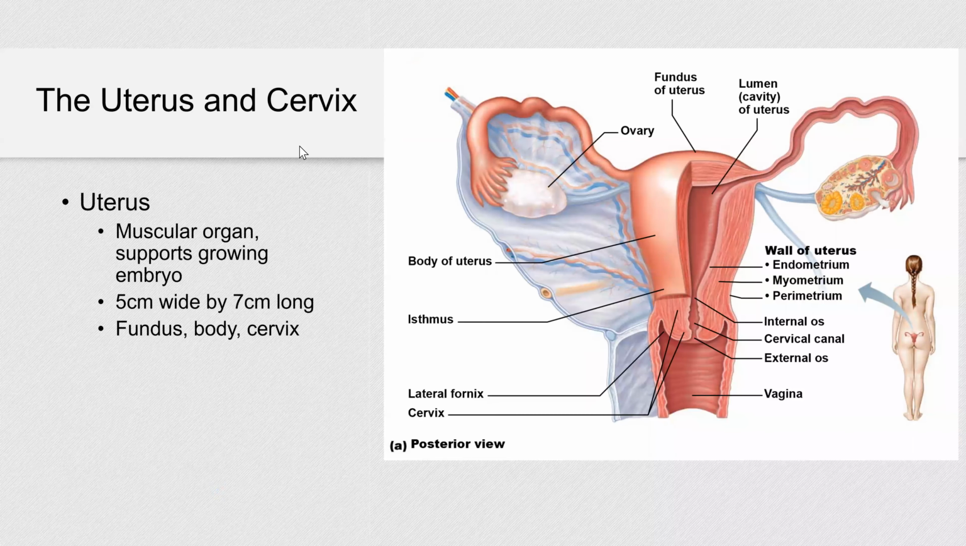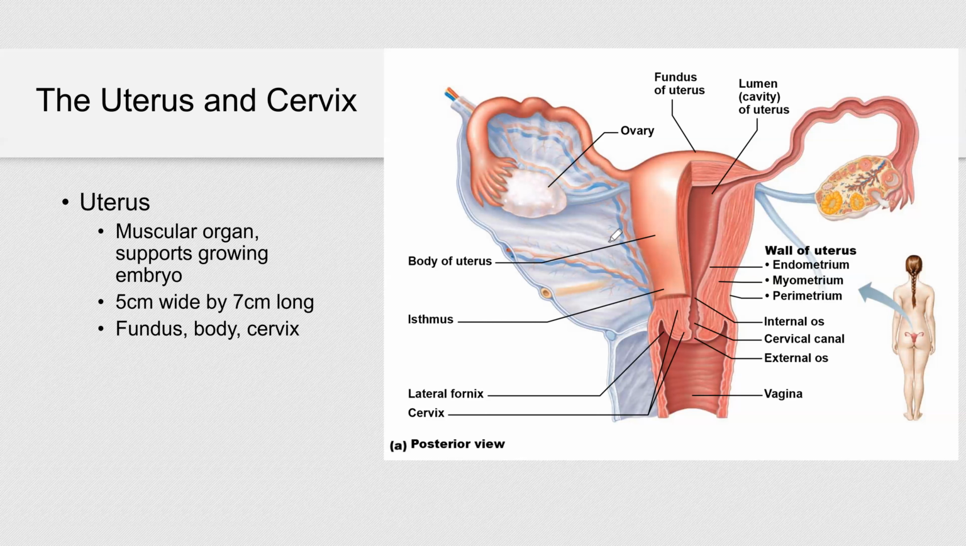Now we're moving superficially. Oh, I'm sorry. We're moving not superficially, but superiorly. So we started with vulva, then we're moving to vagina, of course, in reference to anatomical position. We move from inferior to superior part. So we're moving from vagina now to uterus. So here's the uterus over there, and it's muscular organ that supports growing embryo, 5 centimeters wide, 7 centimeters long,